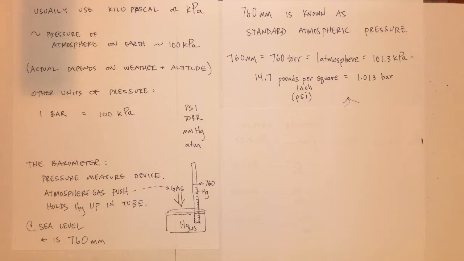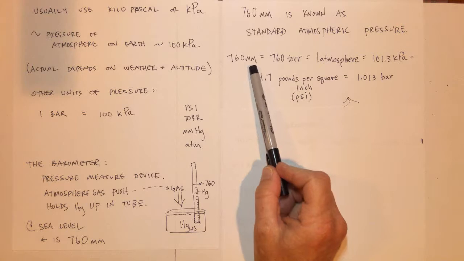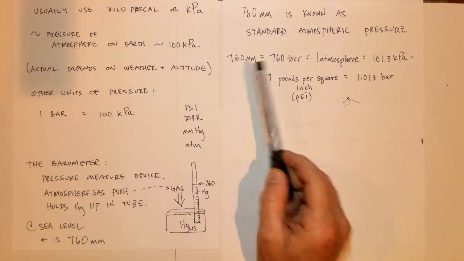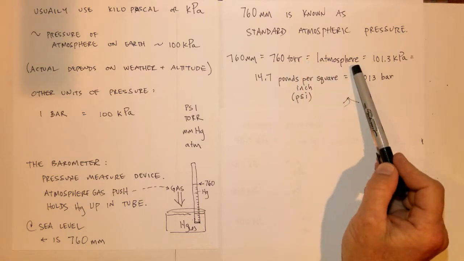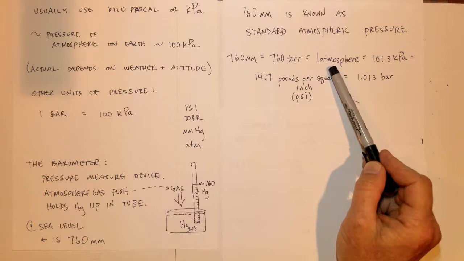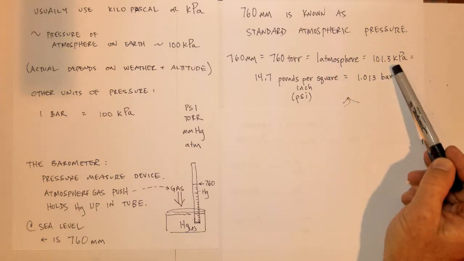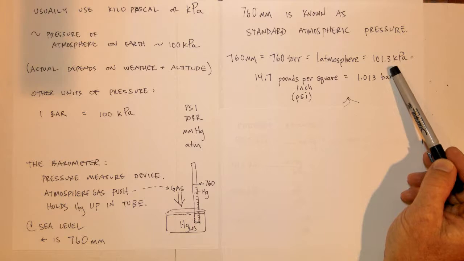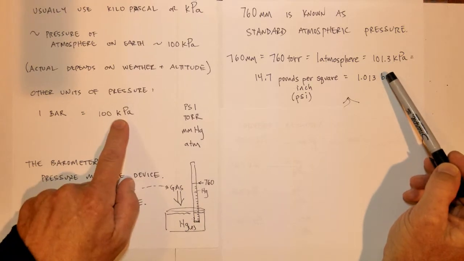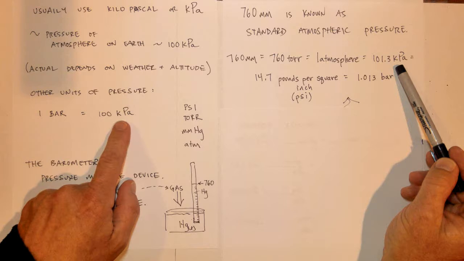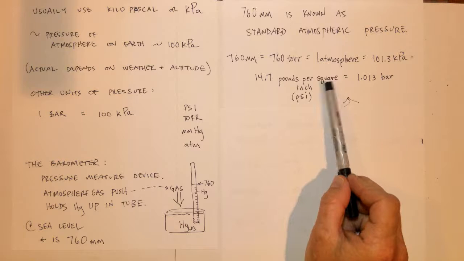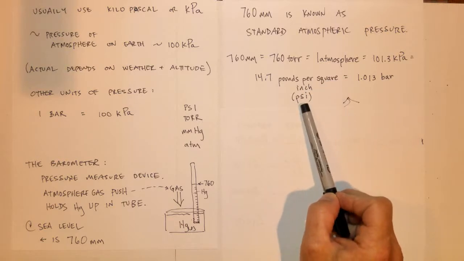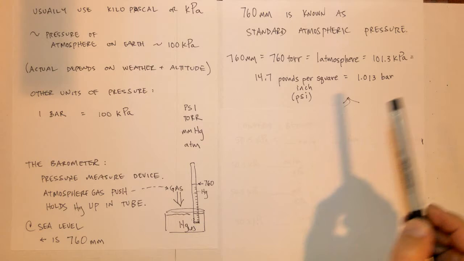Here are some standard atmospheric pressures in various units. 760 millimeters of mercury, known as standard atmospheric pressure, is the same as 760 torr. It is also known as 1 atmosphere, symbolized ATM. It is also the same as 101.3 kilopascals, the kilopascal that we met over here, kPa, the Pascal times 1,000, which is equal to 14.7 pounds per square inch, or psi. That's one that we see a lot when we fill up our tires. It's also equal to